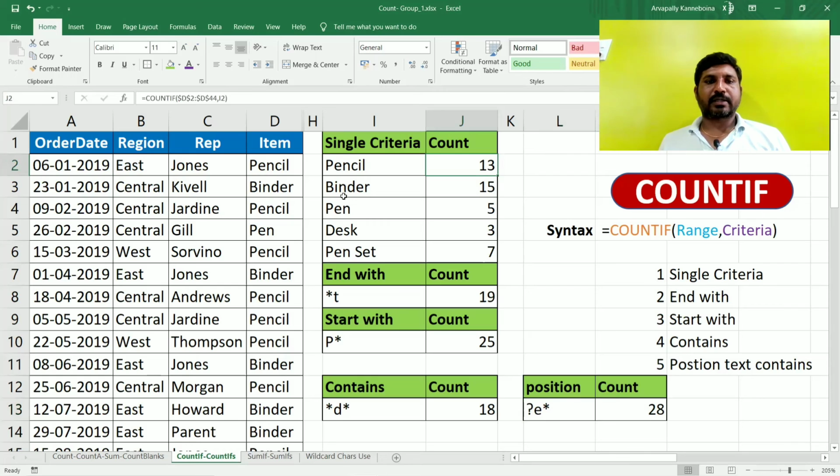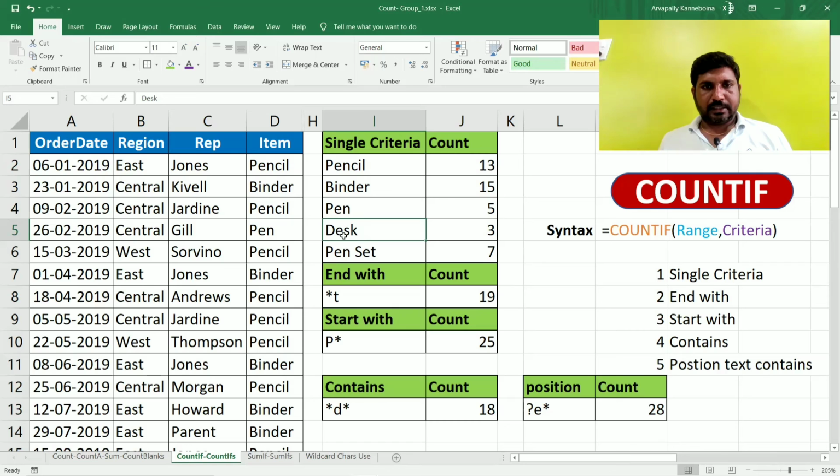So second letter E: this pencil, pen and pen set. Desk also, yeah, 28.